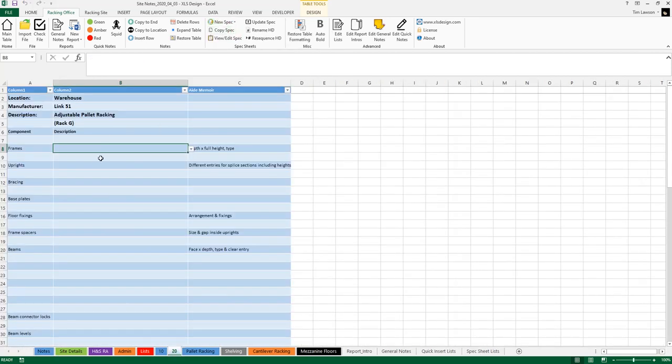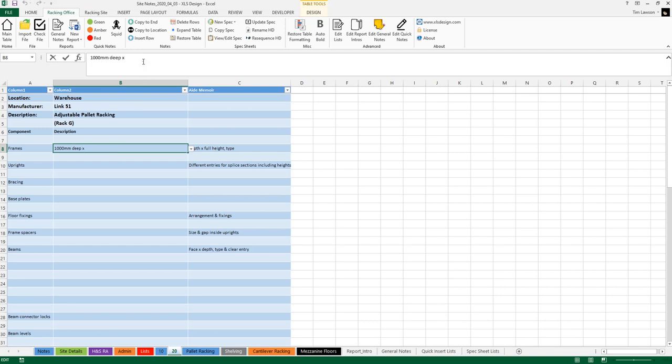So that's now generated a form. It's given us our new worksheet down here, and then I've also added in some useful drop down lists. Again, all of these lists are completely editable. I've just done this as an example to show you. So we're going to say